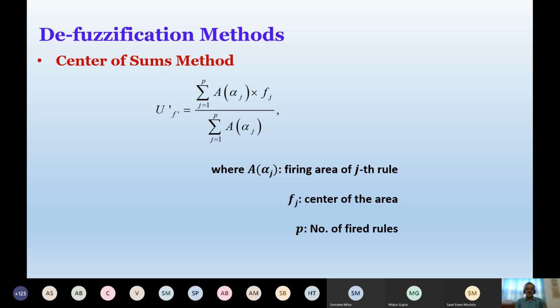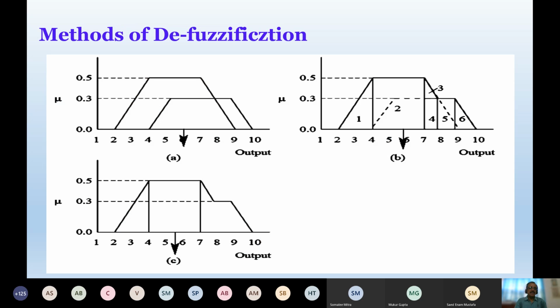Moreover, if I'm using some sort of membership function distribution like Gaussian, or some sort of mathematical nonlinear curve, it becomes very difficult to find computationally the area under that curve. And you know, we'll have to carry out integration to find the area. Integration is computationally very expensive in computer programming. So unnecessarily your defuzzification method will become very slow.